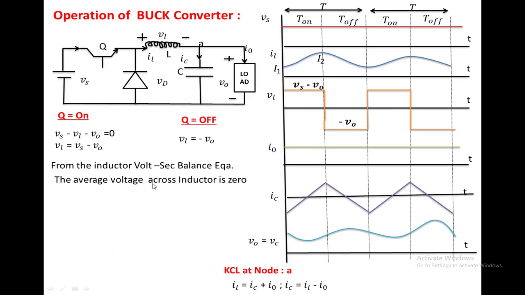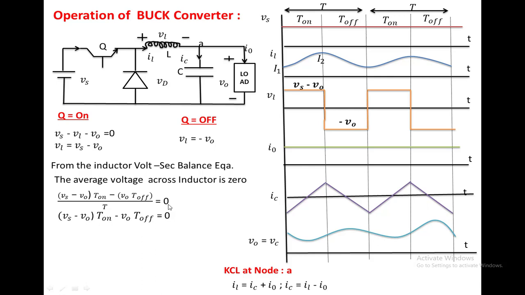So to find the average voltage across the inductor, we have to see how the voltage across the inductor is changing. This is positive voltage, this is negative voltage. So this positive voltage into T on gives the area of this curve, minus V naught into T off gives the area of this curve, divided by T gives the average voltage across the inductor,